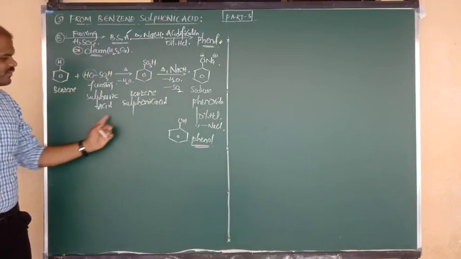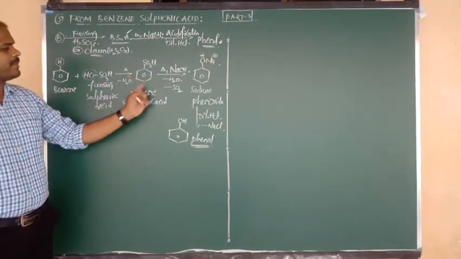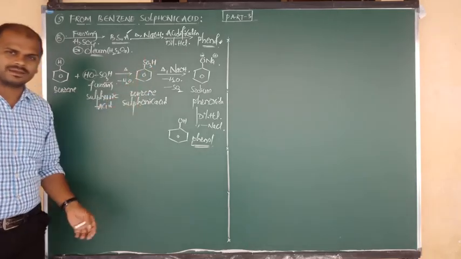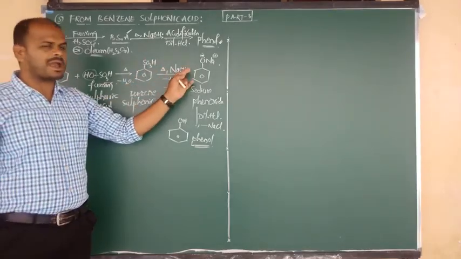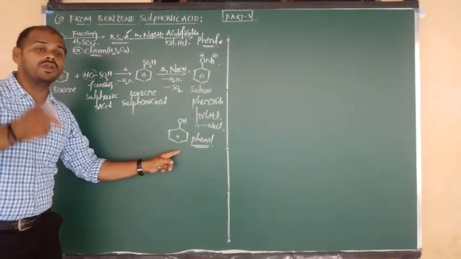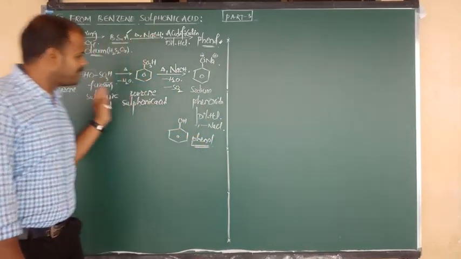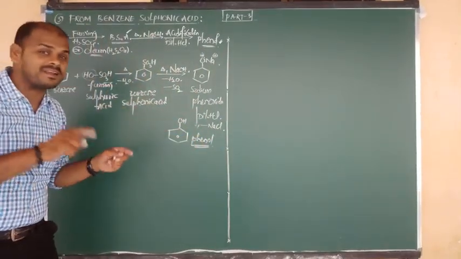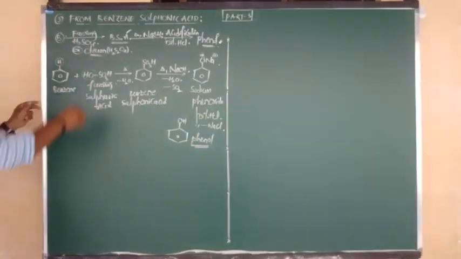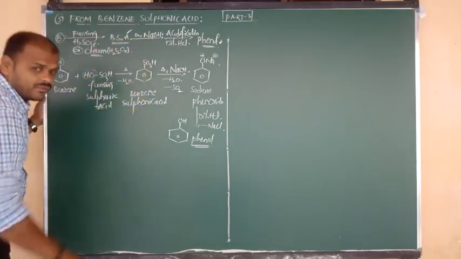Once again see the statement. Benzene on reaction with fuming sulfuric acid forms the product benzene sulfonic acid. It on fusion with sodium hydroxide, followed by acidification, gives phenol. Such a statement I have given here. Maybe somewhat lengthy but easy. Try to practice. Good. So the third preparation of phenol, from benzene sulfonic acid, is over.